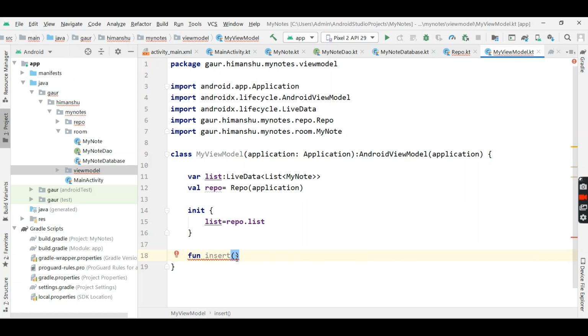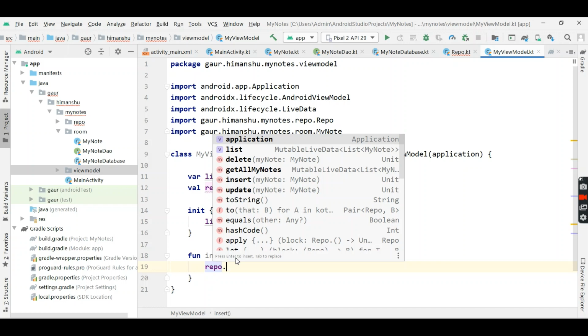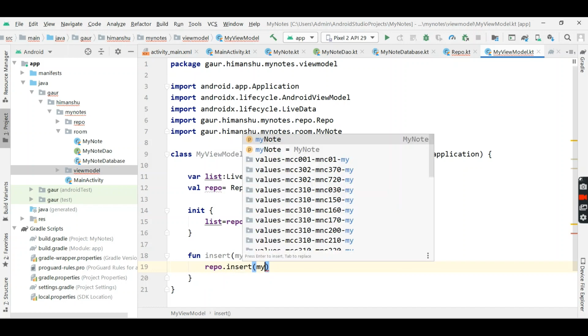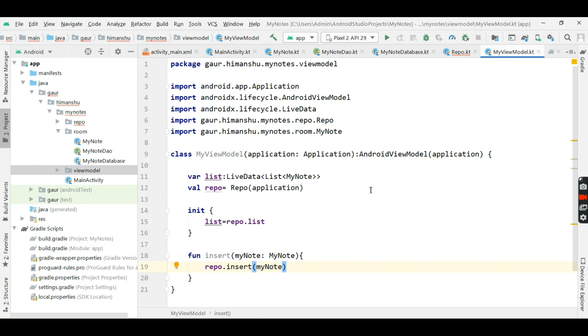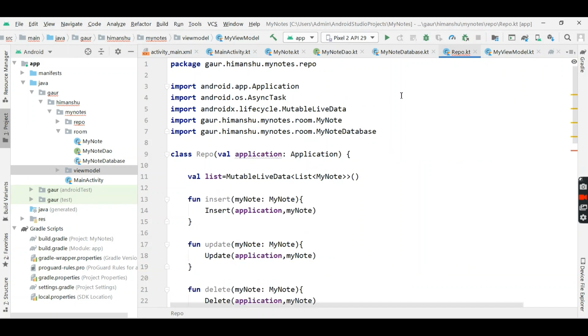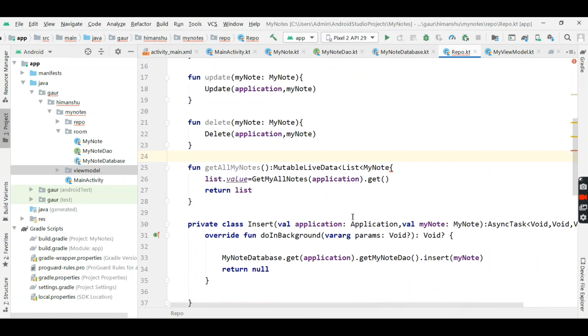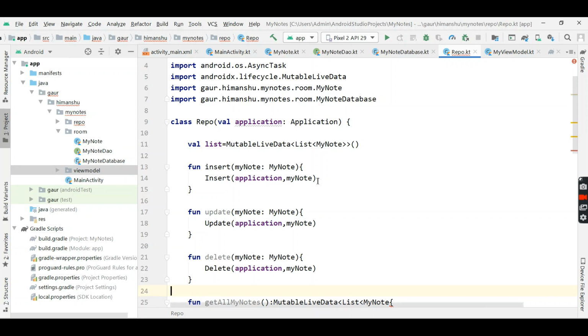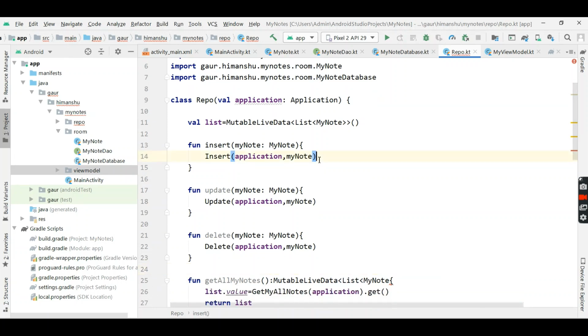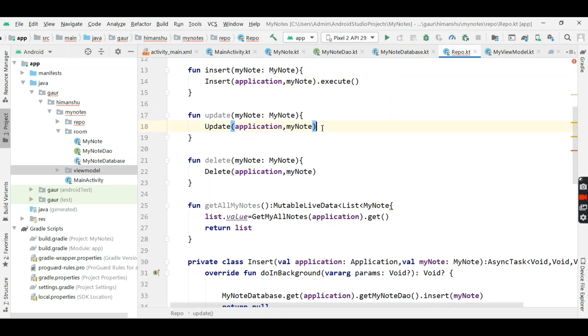And similarly in our insert we take my node object, and by using this repo we will actually put the data in our room. So repo, you can see here insert and my node. Okay, so I think I forgot something in our repo. So in our this insert class we will actually execute it to perform this insert, otherwise it will not perform our task.